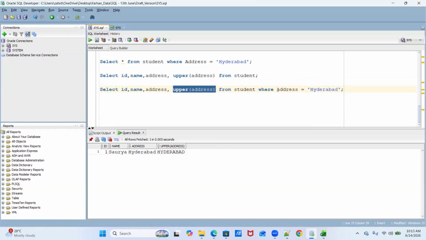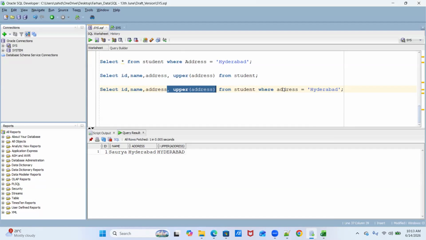So what exactly we have to do is use the upper clause when we are filtering. Here it is not required. I just intentionally wrote this to show how the data looks once we use upper on any column.